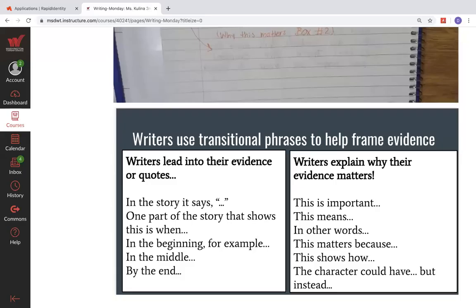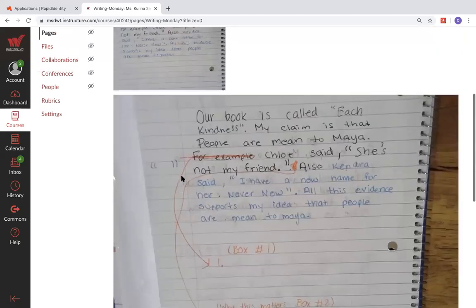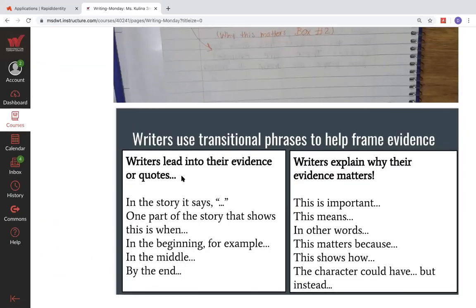Boxes. And there's two different types of transitional phrases. One is what writers use to lead into their evidence or quotes. So we were saying, let me share again my notebook. So remember how when we've been writing our evidence pieces, remember we always have to show where in the